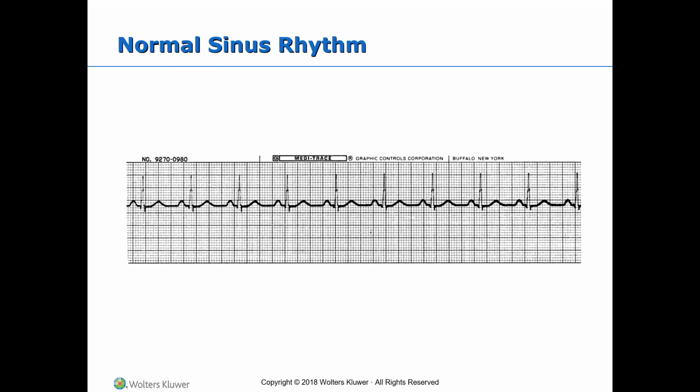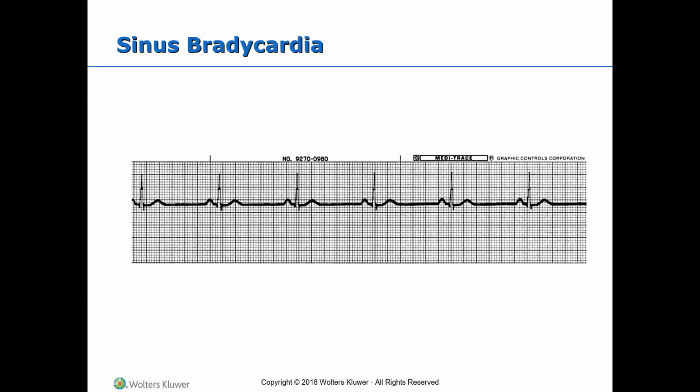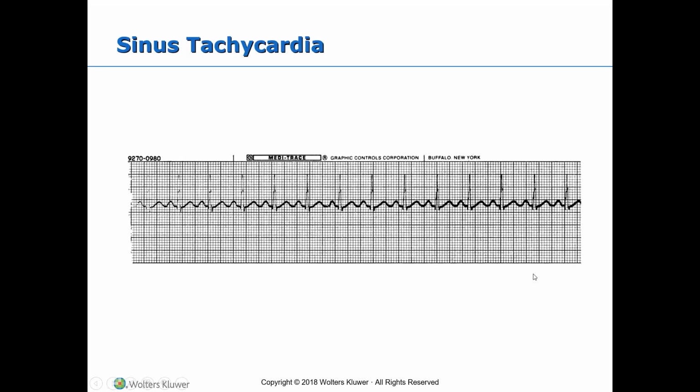And this is a normal sinus rhythm. And why is it normal? Can you count it? Can you see all the P waves? Remember the 5 steps. And this is sinus Brady. And once again, if you count between the 6-second strips, let's say this is all a 6-second strip, 1, 2, 3, 4, 5, 6. So that's a rate of 60. And then sinus tach, a little faster. You still have your P's, your QRSs,